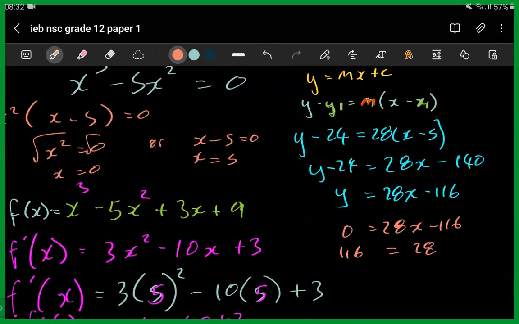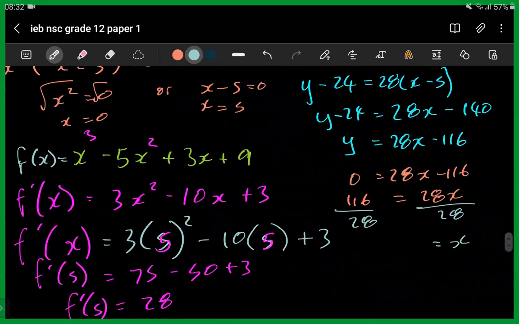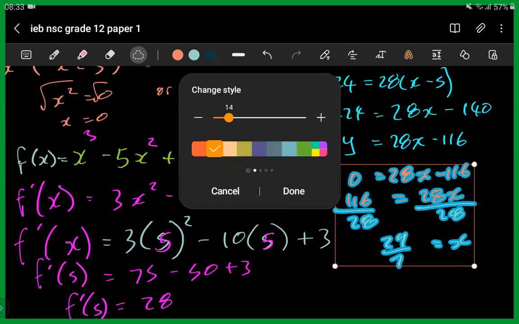And then this is 28x. So you're going to divide both sides by 28. Our x value is equal to 29 over 7. So yeah, that is quite a distinct answer, but you can see that our question is definitely